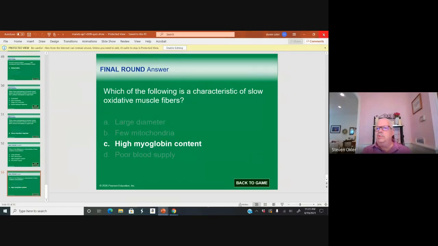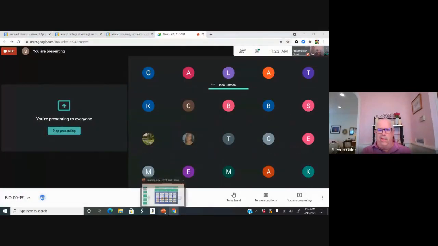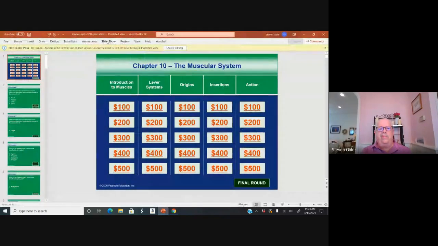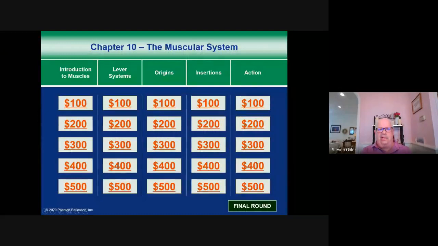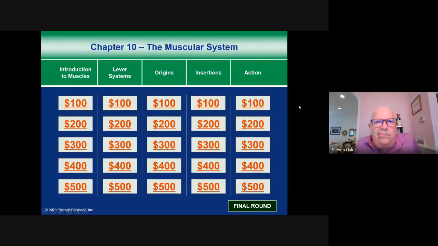Let's go to the muscles themselves. Now, remember, in the muscles themselves, I want you to know the lever systems. I want you to know all about the structure of the muscles. You don't have to know origins. You don't have to know insertions, but you have to know actions. And you have to know those 60 plus muscles that we went over in the muscle chart. Okay? Know their actions. I'm going to ask you questions on individual muscles or